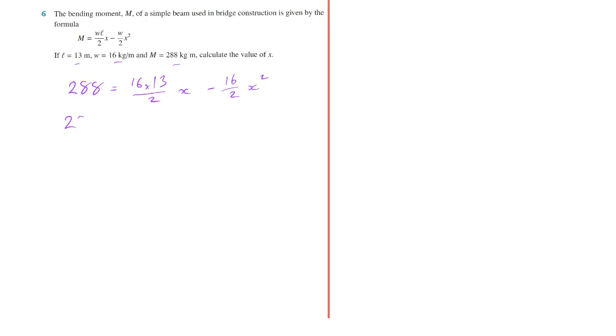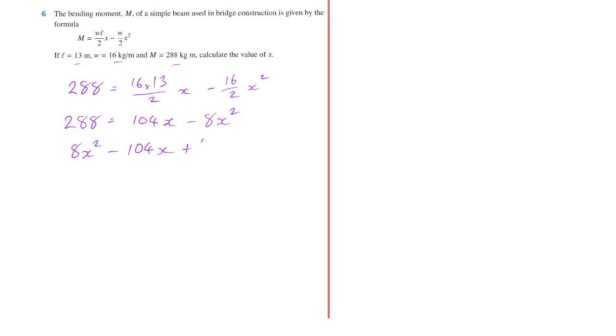So you might have thought, oh, that looked terrible, looked ugly. Well, 16 divided by 2 is 8. 8 times 13 is 104. And 16 over 2 is minus 8x squared. Take everything to one side. 8x squared minus 104x